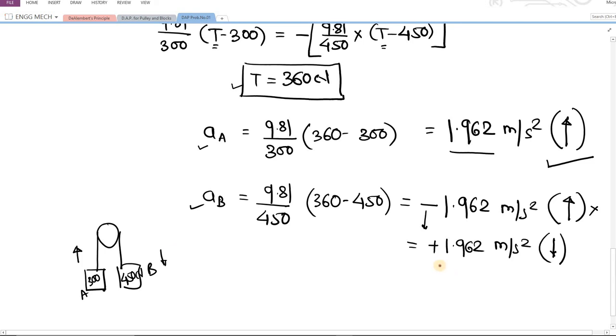Okay, 1.962, same acceleration, because the string is common and the blocks are connected at both ends of the string, thereby they will have the same acceleration but in opposite direction. That's why when we initially assumed both blocks will go upward, one of the assumptions came out wrong for block B. See, the minus sign, then we corrected it, and we have now made the motion of the block downward, which is exactly as per our prediction.